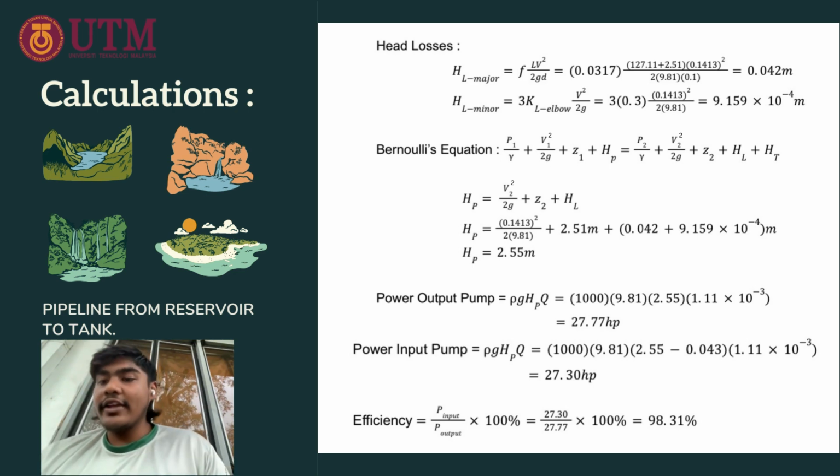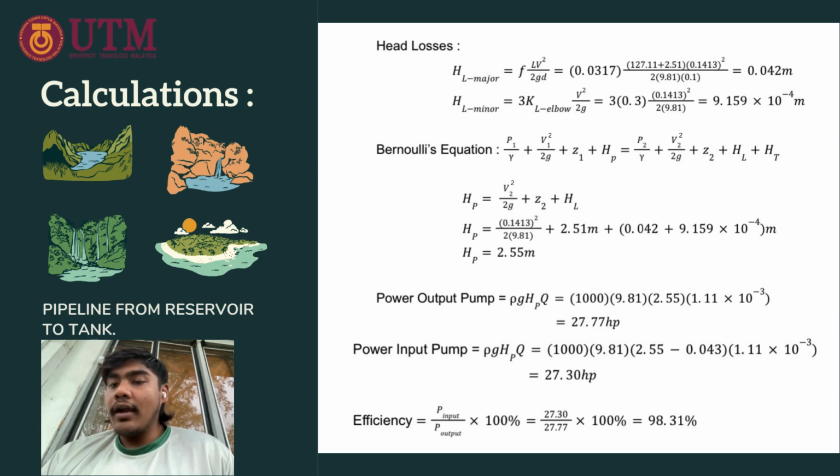For the HL minor, our KL is for the 90 degree bend elbow, and we have 3 elbows in the pipeline, so we have 3 KL elbow, V squared over 2G. After we calculate all that, we got the HL minor equal to 9.159 times 10 to the power of -4 meter. Next, we use the Bernoulli equation